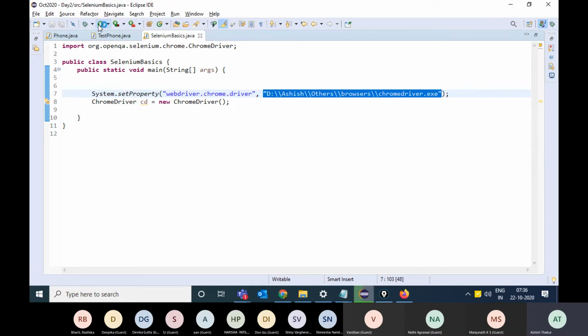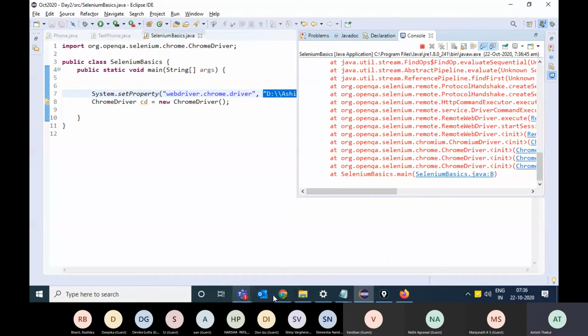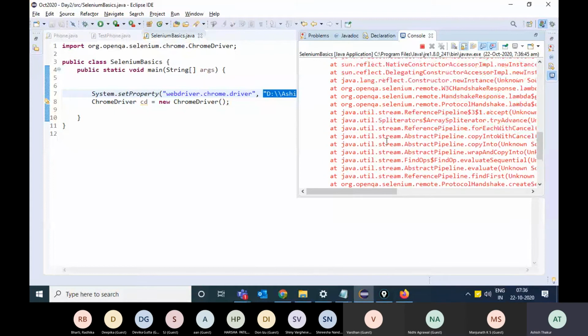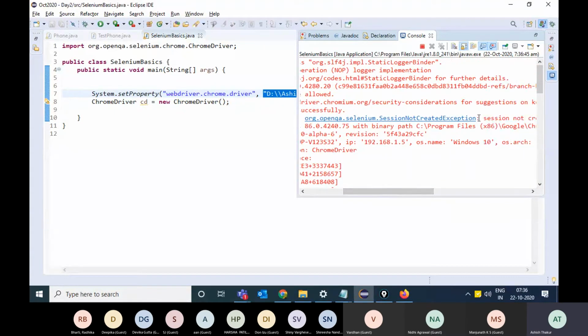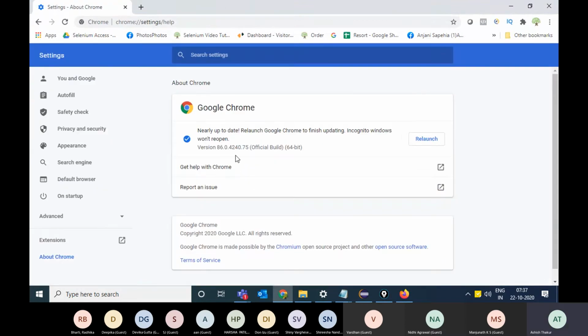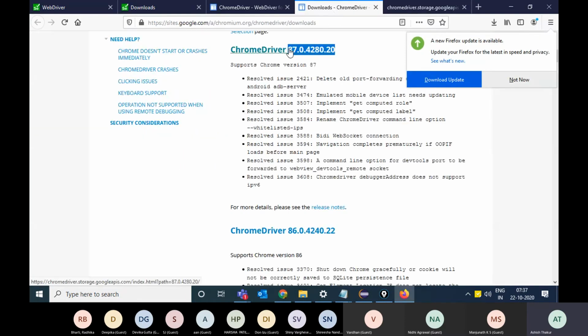Now if I run this code, in my case the Chrome fails to launch. I get the exception, session not created exception. The reason for this is I have a Chrome which is 86.0.4240.75 and the exe which I have downloaded is for 87.